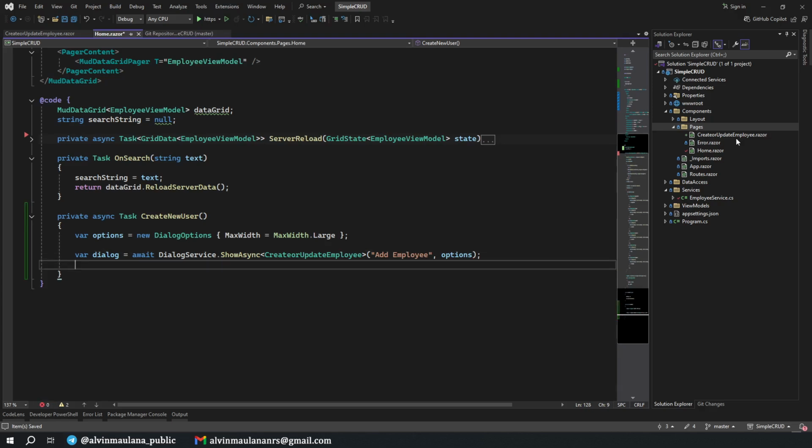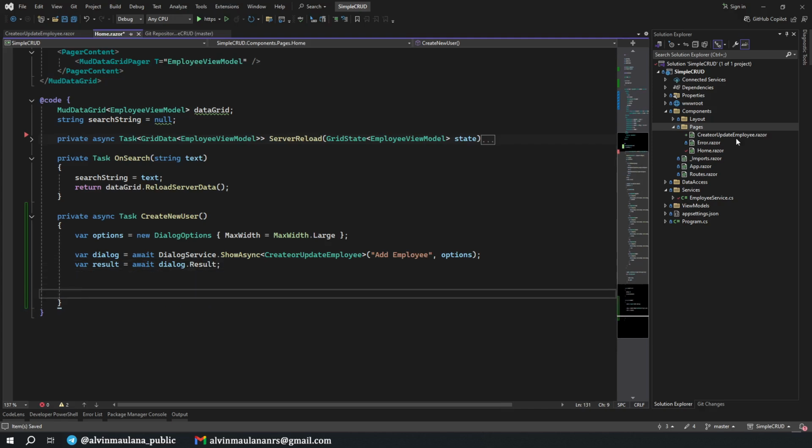Now to get the result of our dialog, var result is await dialog result. Okay, so later on when we complete saving change in our dialog, we will get the return in here something like true, or yeah, actually it's true.